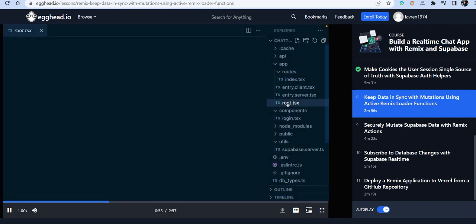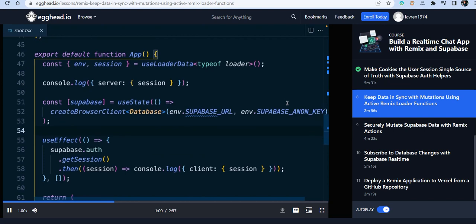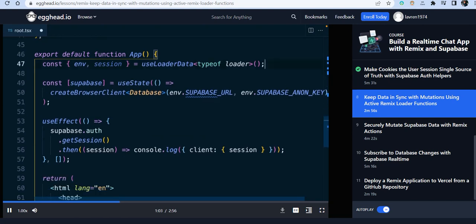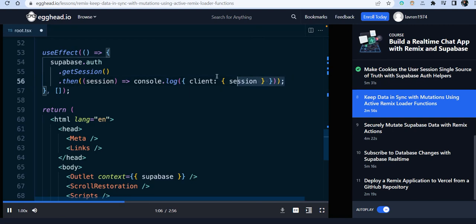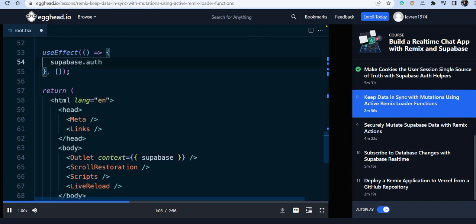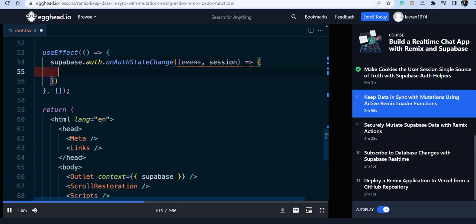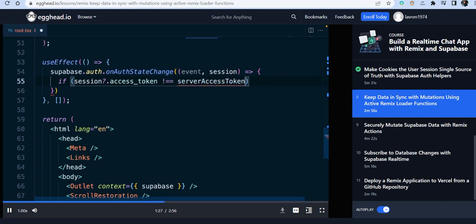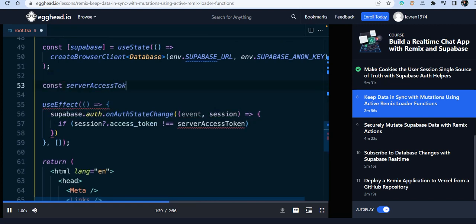So back up in our root.tsx file, let's go down to our component and we can get rid of these console logs now. And since we're no longer using this use effect, we can repurpose it to call supabase.auth.onAuthStateChange. And then this takes a function which will be passed an event and a session anytime the user's auth state changes. So then we want to check if our session has an access token and its value is different to our server access token, which is a variable we can declare above. And we can set this to be equal to our server's session's access token,